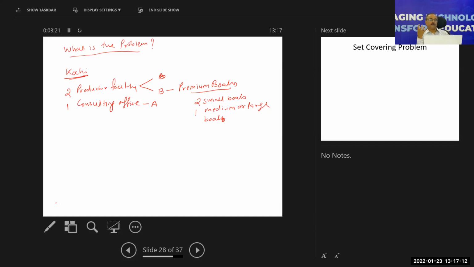Okay, so it's a premium segment kind of boat. So whenever any client comes, first they have to attend the client at their consulting office, which is at facility A, and then that particular client has to be taken to facility B and